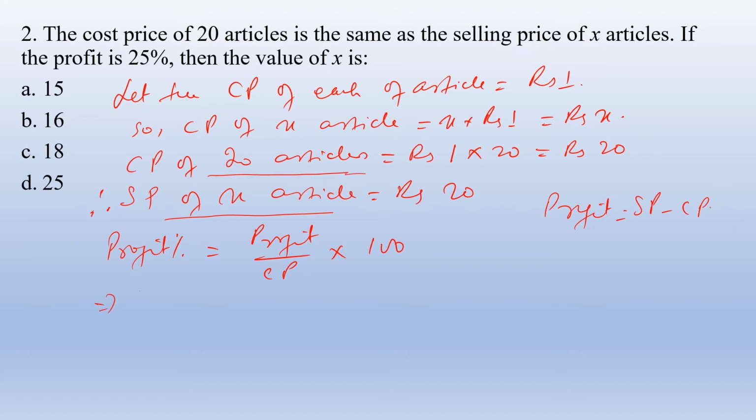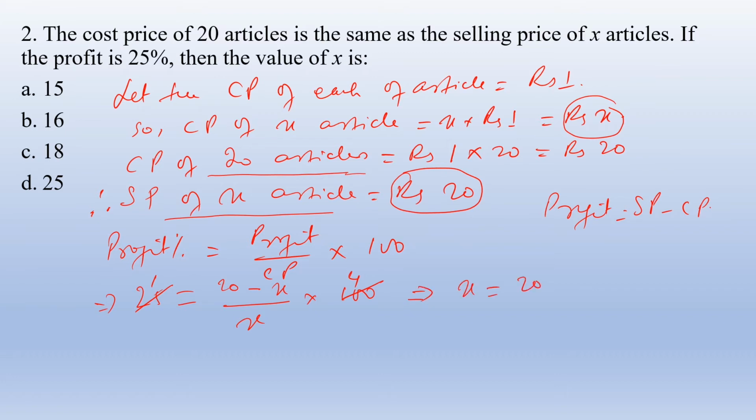From here it follows profit percentage is given 25, and the selling price of X articles is 20, and the cost price of X articles is X. So 25 equals 20 minus X, divided by X, multiplied by 100. So 100 divided by 25 will get 4, and this 25 will get 1. So from here it follows X is equal to 20 minus X